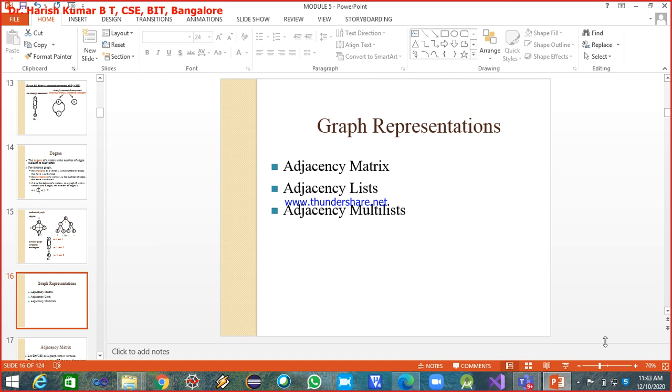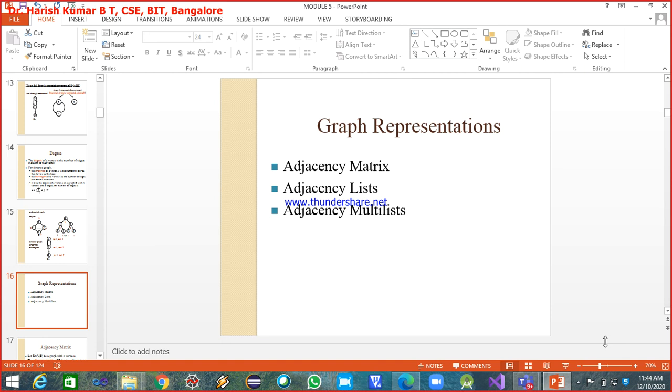Lists we have already understood: singly linked list, circular singly linked list, doubly linked list. These are all the different types of list that we have understood. Now you can represent the graphs by using the concepts of lists as well.